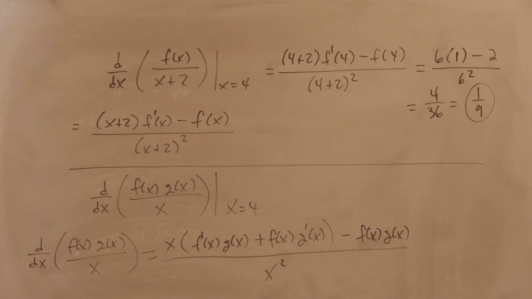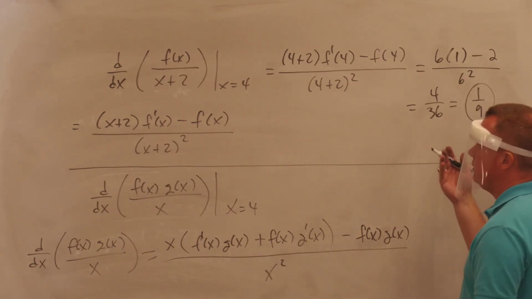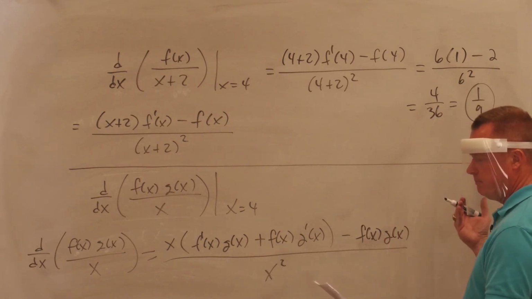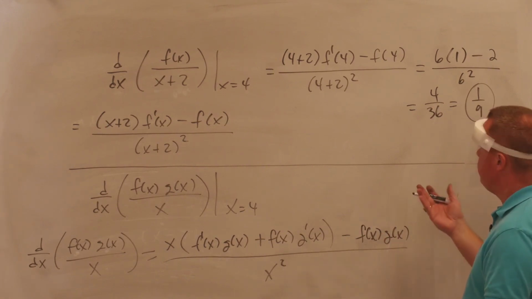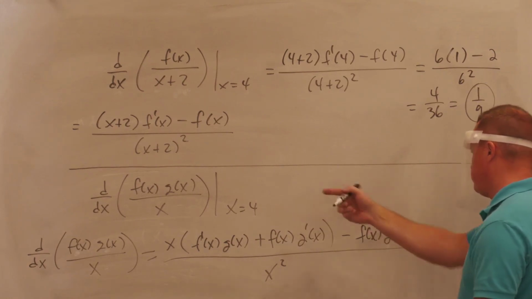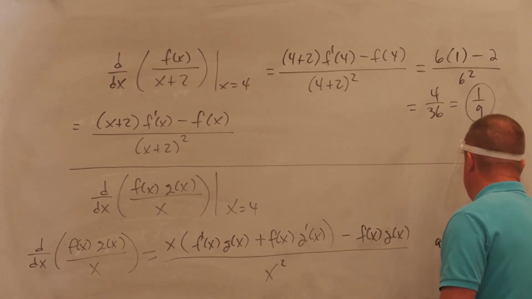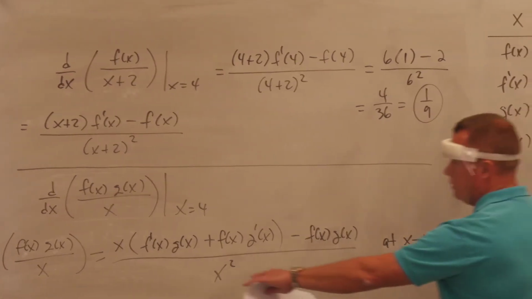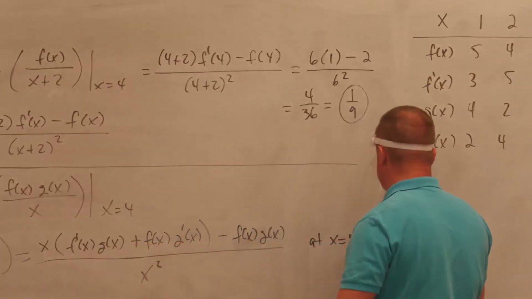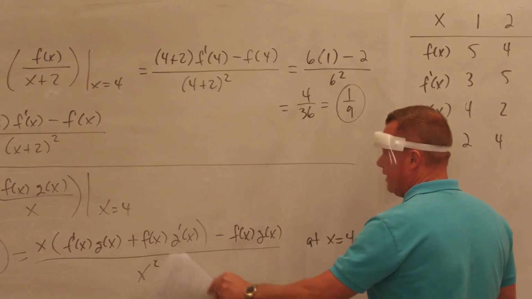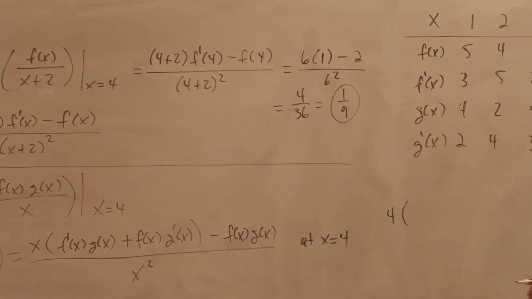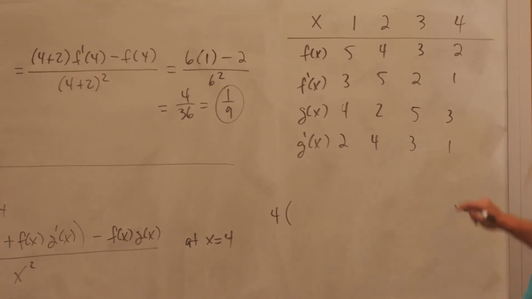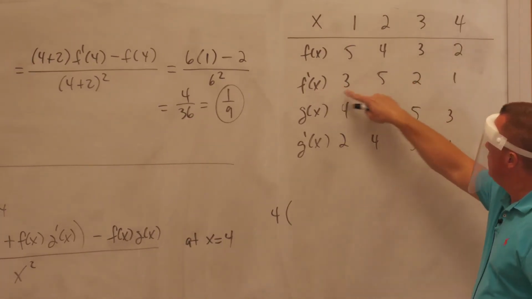Questions about any of that? Now I won't try to do any reducing, there's no need to. All right? Let's just plug in our numbers because all we're looking for is the derivative at x equals 4. Okay? So I'm going to say at x equals 4. All right, then I will have, when x is 4, that's a 4 right there. I've got f prime of x. What is f prime of x at 4? F prime is 1